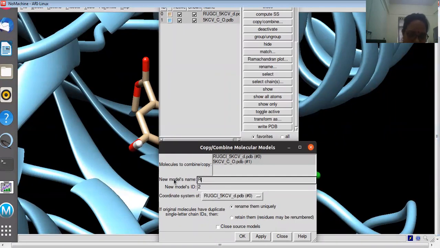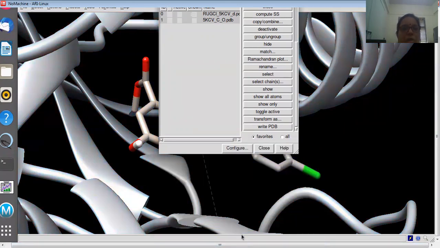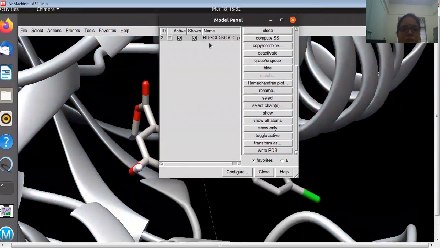I will give the command RUGCL underscore file KCV underscore C dot PDB. Okay, and just close source model. Okay, and then say okay. No, don't say apply, say okay. So this is the file which is prepared.